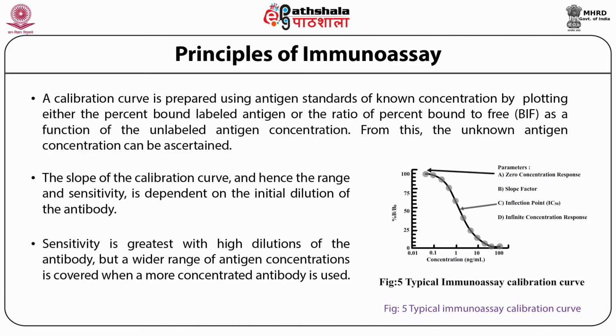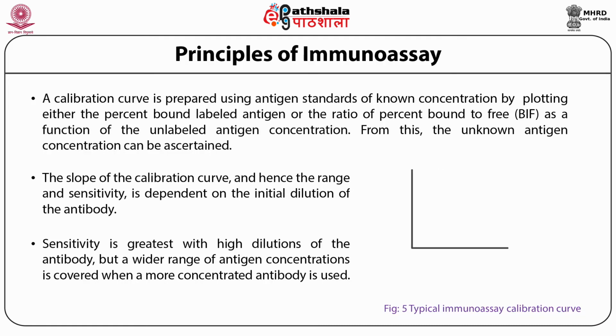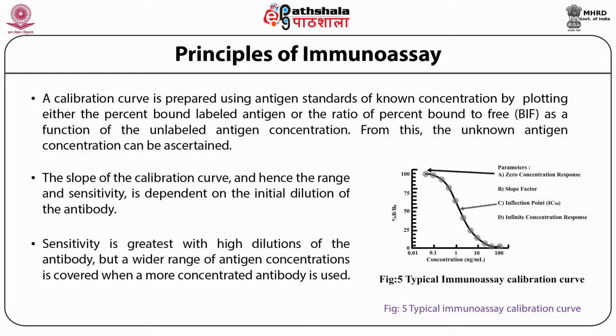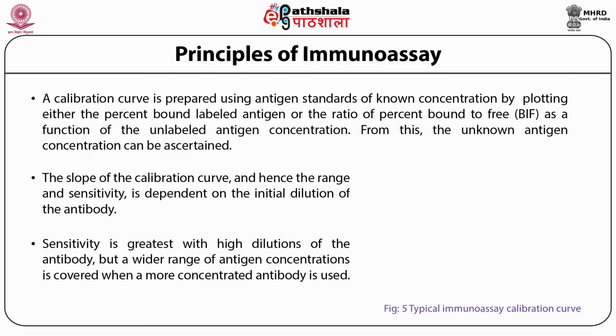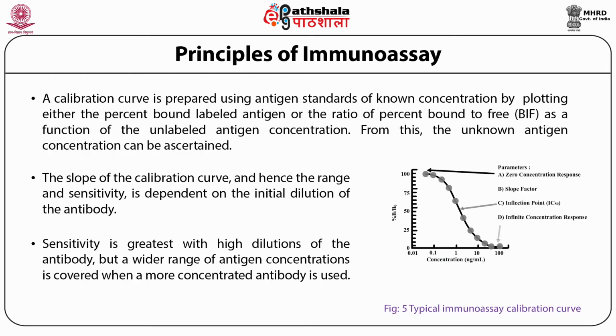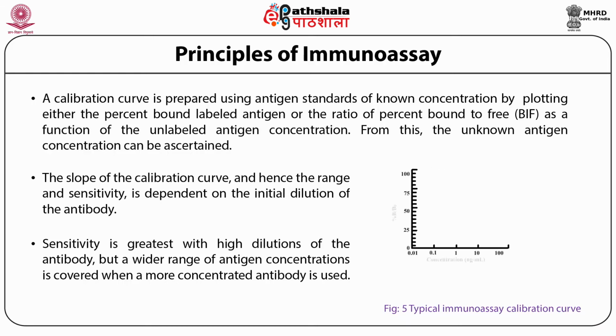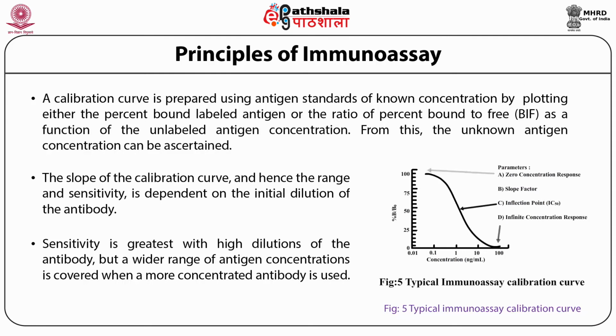This is because a decrease of 50% of the bound or free ratio from an initial value of 1 can be more accurately determined than a similar percentage decrease from an initial value of, say, 10, or 91% bound. In the former case, there would be a decrease from 50% bound to 33% bound, while in the latter case, there would be a decrease from 91% to 83% bound.